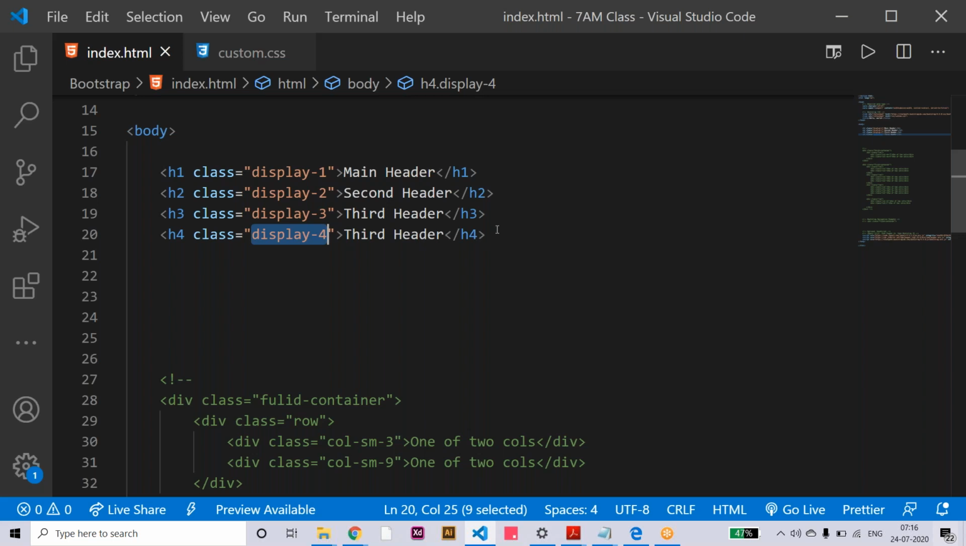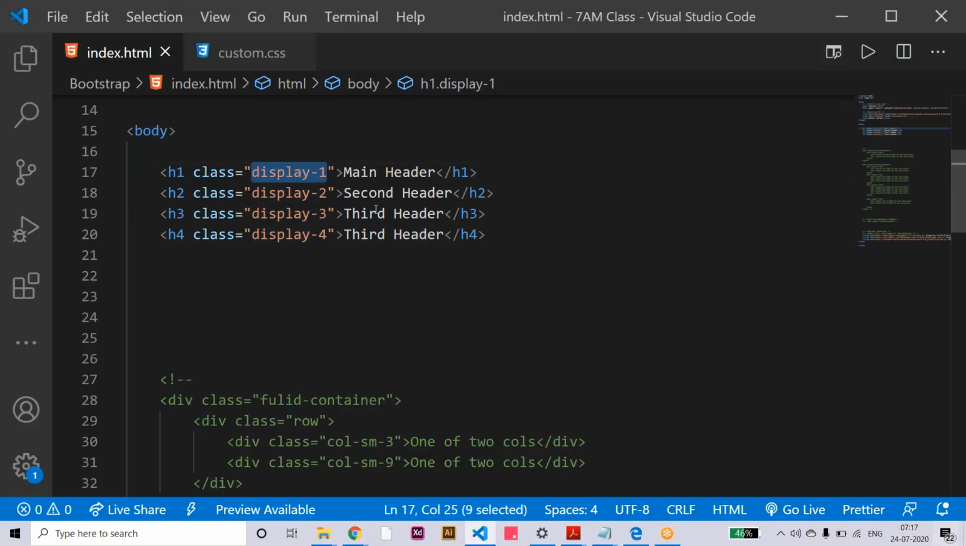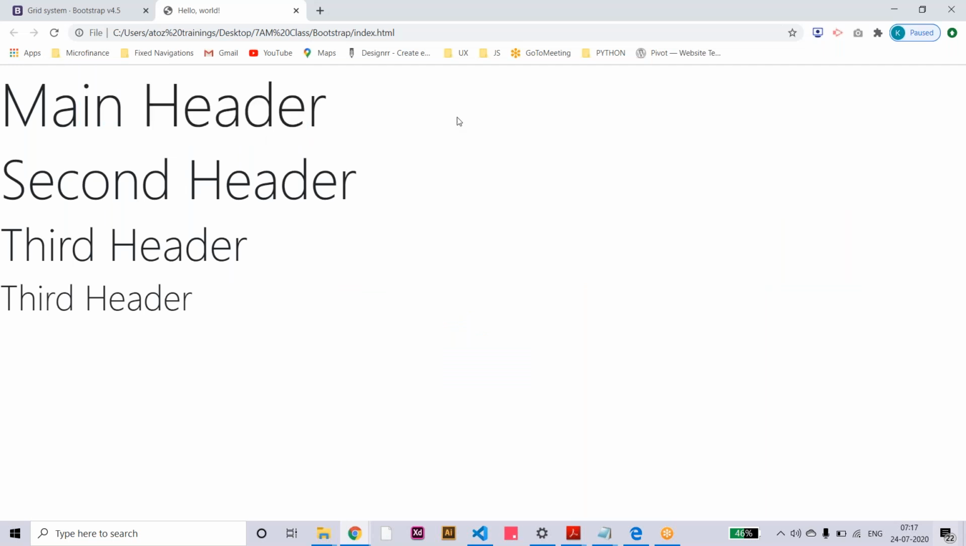So like this, we can apply text-related CSS. First, we have to find what classes are available for text, what classes are available for images, what classes are available for list items and buttons. First we need to check all these classes and then we can apply them. So like this, you can create different sizes of header. Here we applied only the display-1 class. You can create this kind of header with no need to write